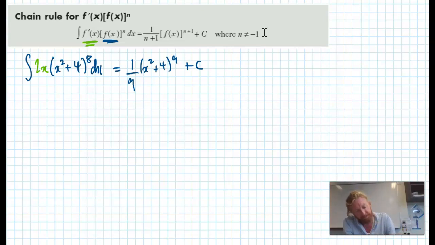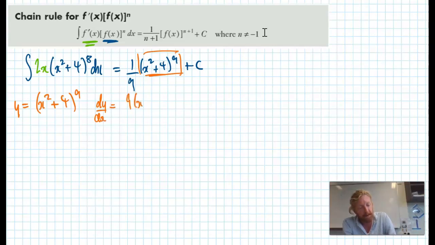Let's take this function here, this guy here, and we're going to say y equals x squared plus 4 to the power of 9. I know how to derive that very simply. I go dy dx equals 9 comes down, x squared plus 4 to the power of 8